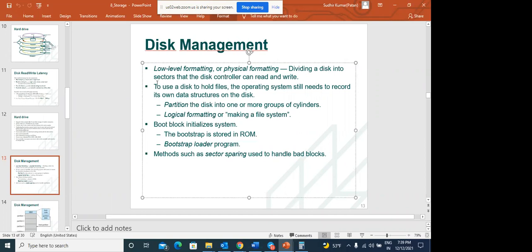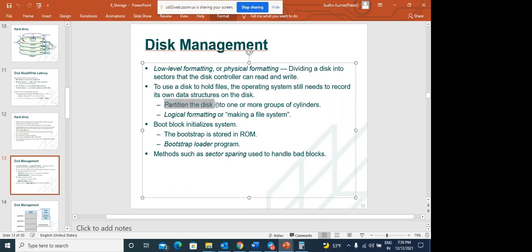In a disk, you create sectors so that the disk controller can read on a particular sector. To use a disk to hold files, the operating system still needs to record its own data structures on the disk. The operating system actually pulls your data and writes it on the disk.